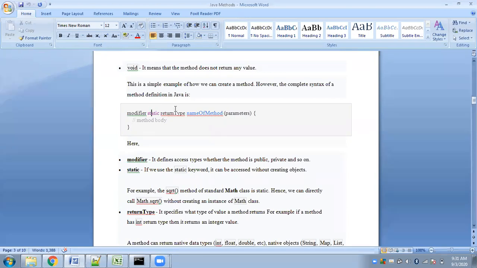Then we have the static, we have the return type. You can have any other non-void return types like int, character, float, double, boolean, any return type you can have, provided your function is returning a value. Only if you have a return statement inside your function which is returning a value back to the calling function, then you will have a non-void method return type. Else you will have void return type if it is not returning anything, if it is only performing a task. Fine. And this is the name of the method, and you have the list of parameters or arguments.